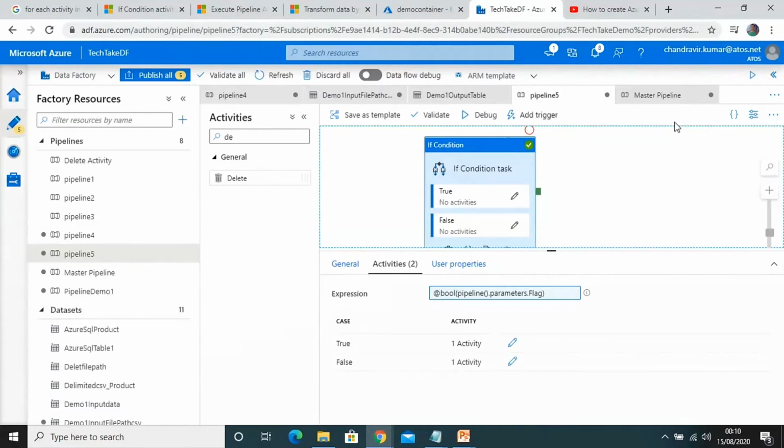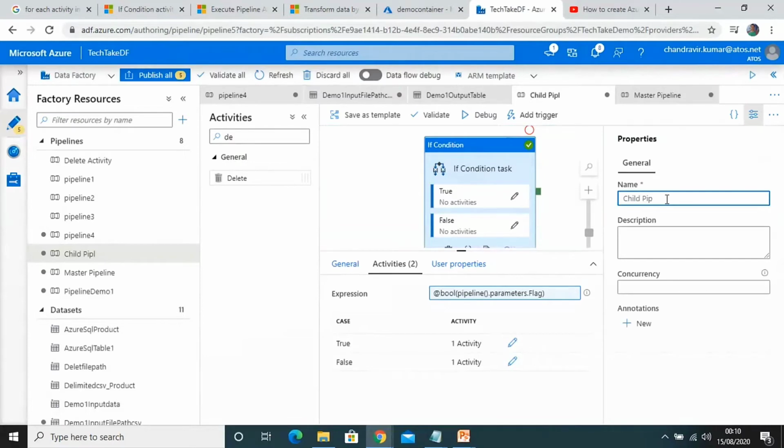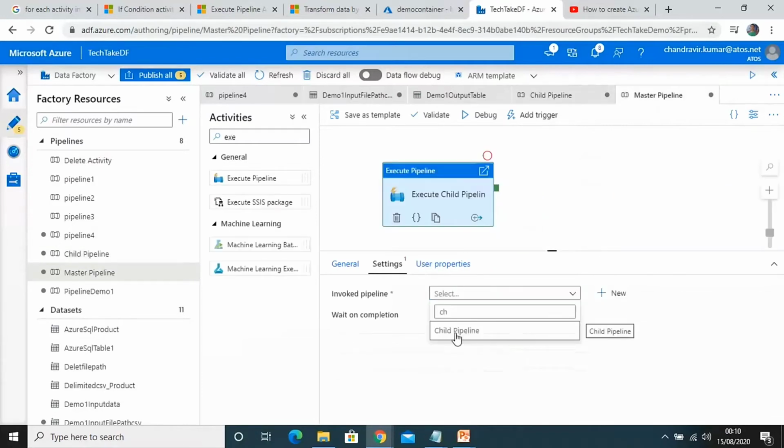Or if the expression evaluates to false, then the activities configured in the false branch will execute. If you want to understand the if condition activity better, please watch my previous video. So let's rename it as child pipeline and move again to the master pipeline.